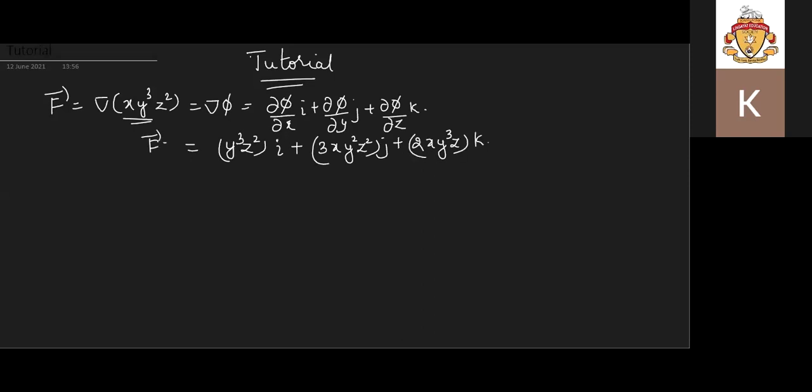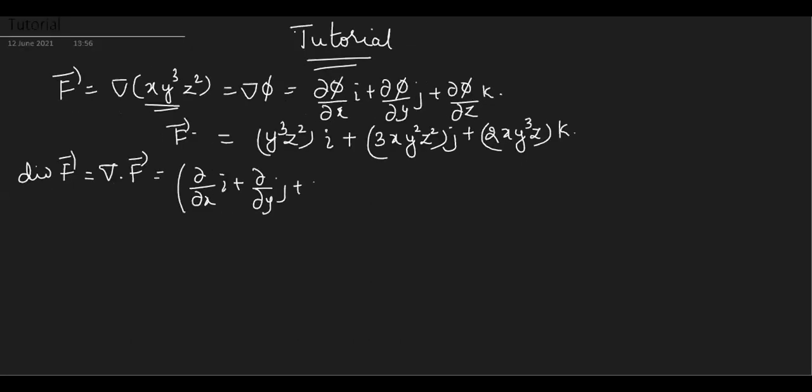Now it is 100% looking like a vector quantity. Let us apply divergence on that. What the definition says: if it is divergence, you should take del dot F, where the field vector is F. What is del? Dou by dou x i plus dou by dou y j plus dou by dou z k. Anybody completed the first part of the question? Divergence at the point? Okay, F is this.